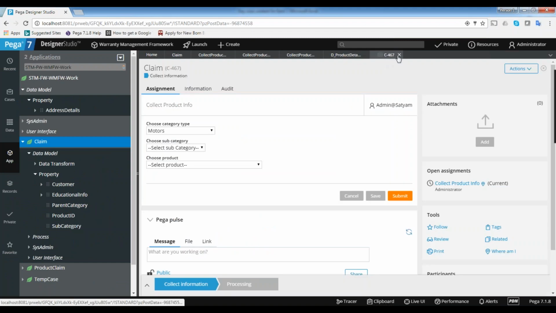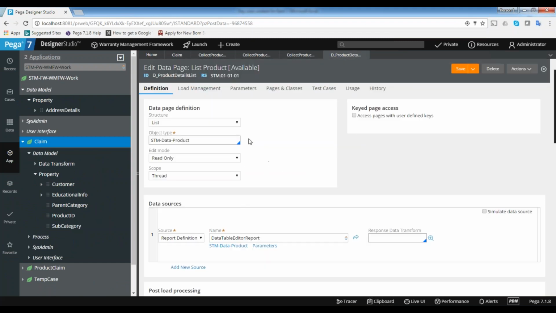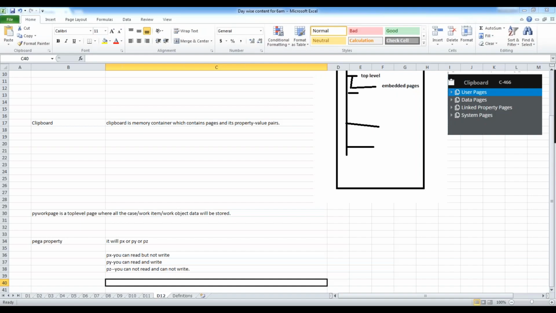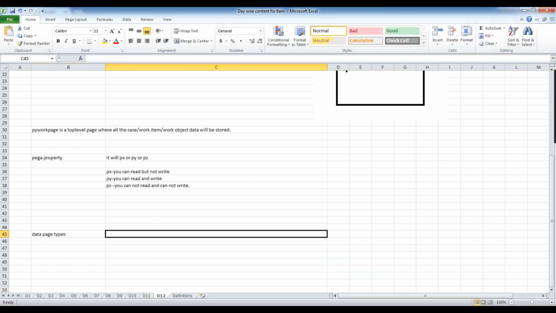Now we need to discuss data pages. We have seen the example, but we need to see what the definition is, what the in and out of data pages are. In Pega, we have two types of data pages. One is lookup. Again, here people will use different terminology. Even Pega uses different terminology in different versions, naming it in different ways, but we'll use single instance. So lookup and single instance all mean the same.